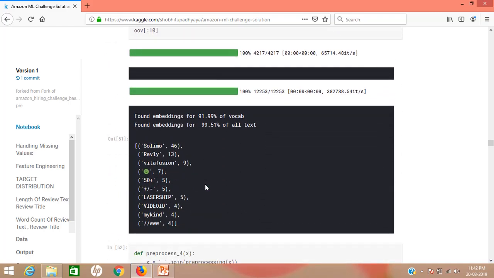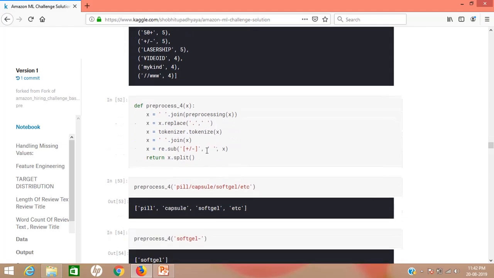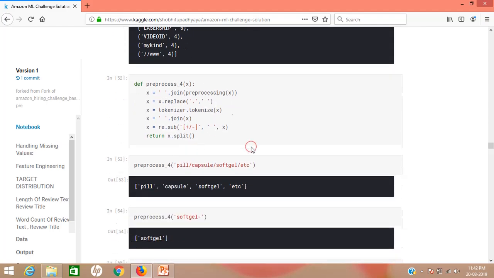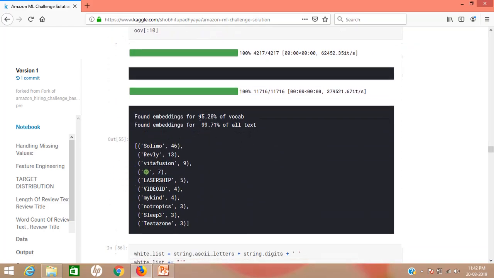Wow! This small enhancement in pre-processing function improves the embedding coverage from 79 to 91%. Is there anything left in pre-processing? Answer is yes again. We can see from the top words not found in the vocabulary, they contain a symbol like addition, subtraction, division. Let's remove those and check the coverage again. So we have written a function here that takes care of all these symbols. So as you can see here, we got further improvements from 91 to 95.